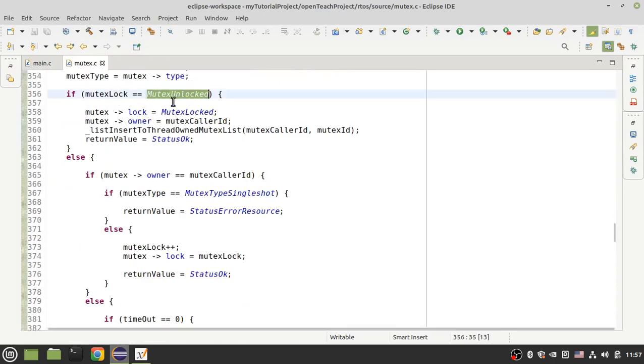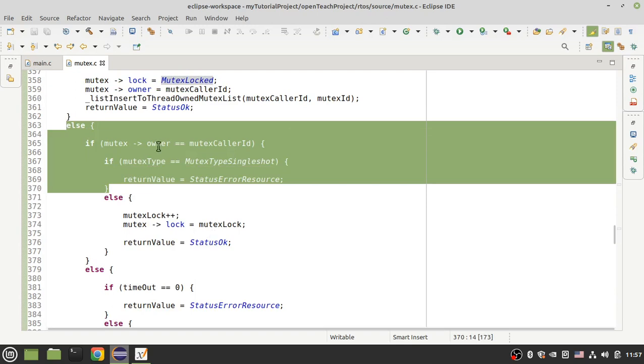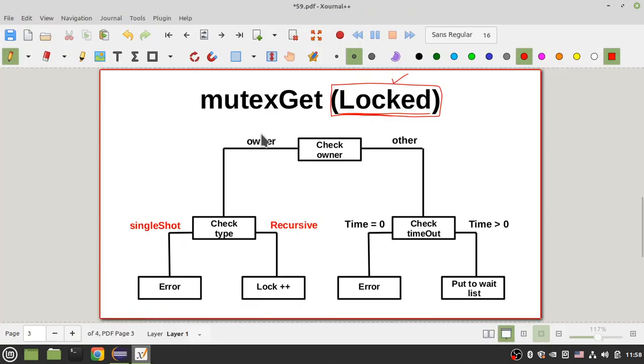When a mutex is unlocked, the implementation is like before. But if the mutex is locked, and another thread than the owner wants to get a locked mutex, then according to the timeout, the return value will be an error, or the operating system puts the thread in the wait list. If the timeout is greater than 0, the